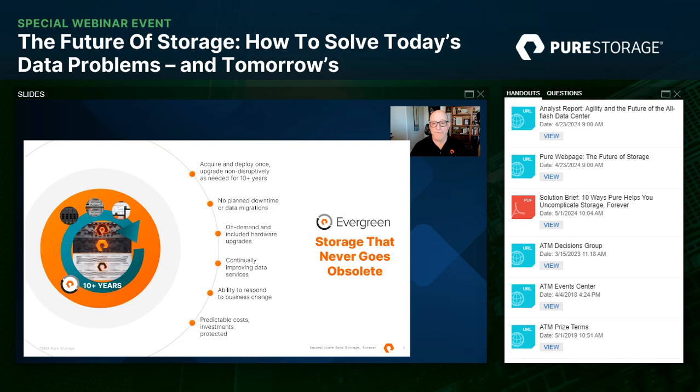And we also have customer proof points that they've been able to modernize the storage that they purchased 10 plus years ago without ever having to take it offline, without ever having to rebuy it. So it's a proven architecture, but it's combined with how you want to consume your storage. As I said, from a traditional purchase where we have an Evergreen subscription that keeps your investment whole, protects it, and makes sure that you don't have to rebuy your storage, but you can keep upgrading it over time.